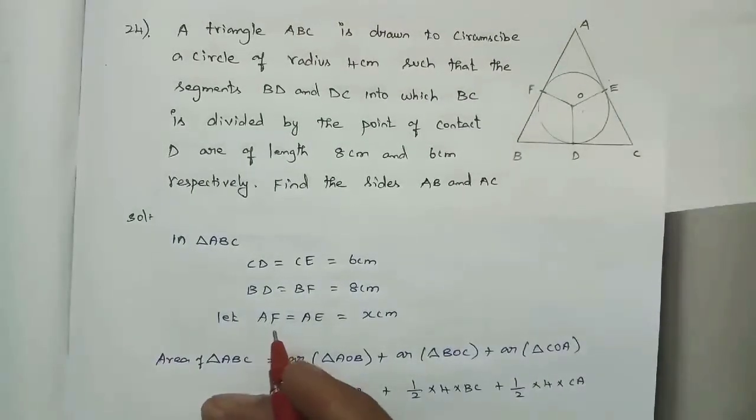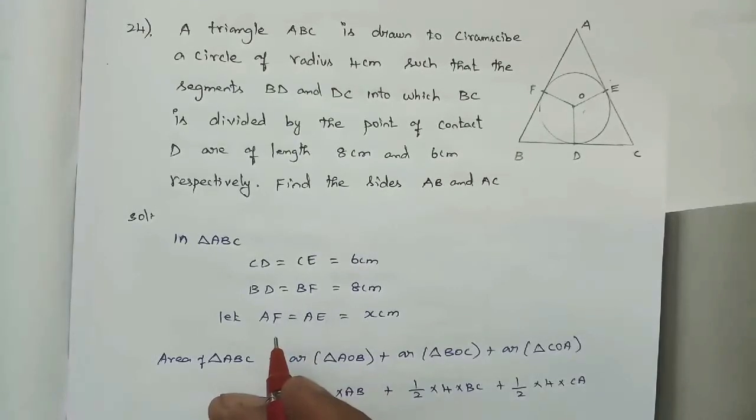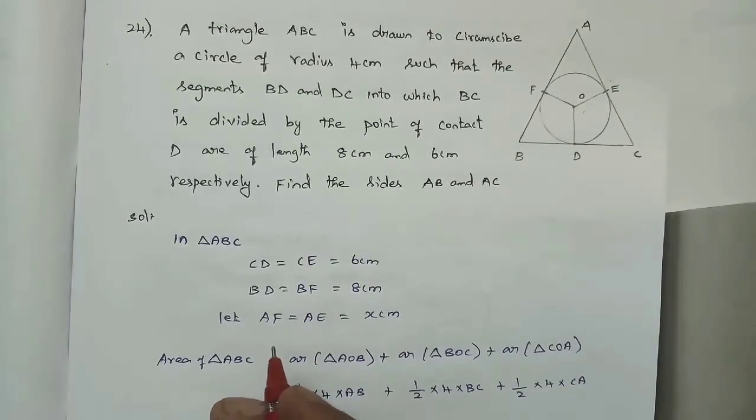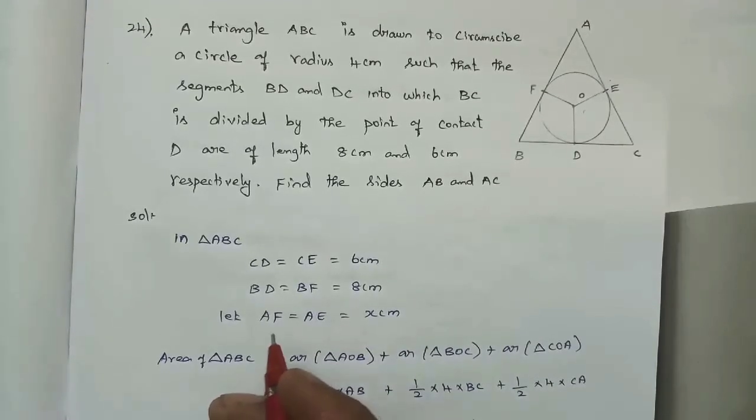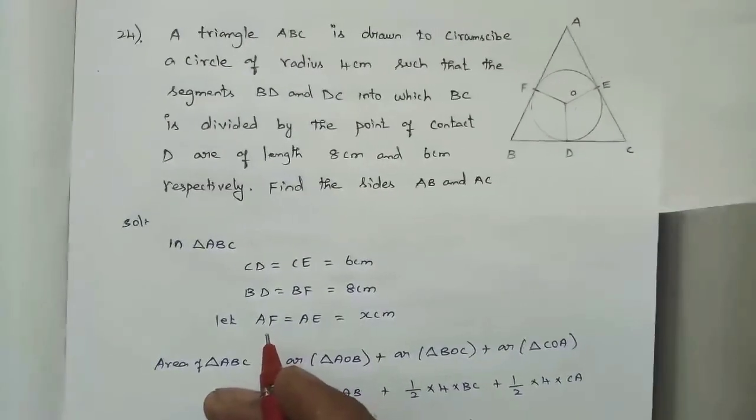So next sum. Next is sum number 24 and 25. These two sums are very, very important, right? They will ask the same question only. They won't change any values. They will ask you the same question alone, and this is very important. And how we are finding, that is very important. You just keep it in your mind. It is very easy only, right?